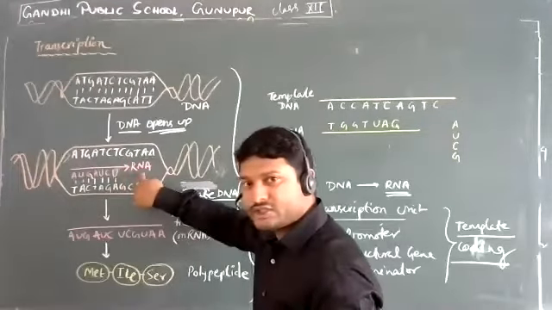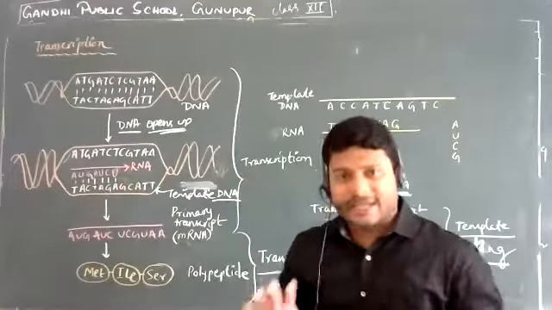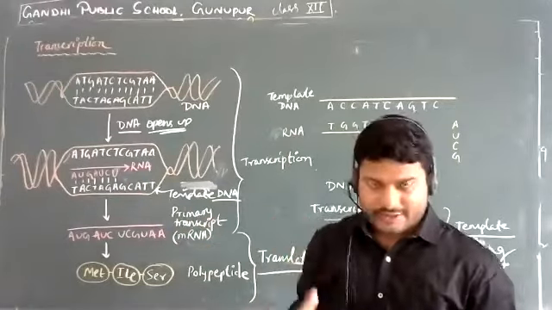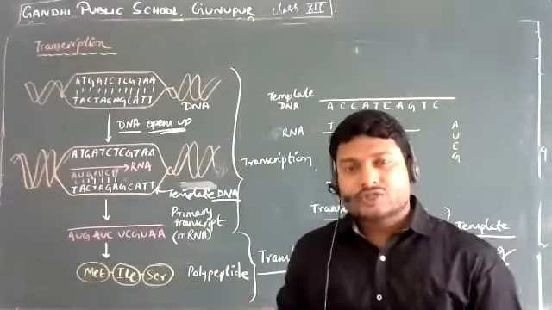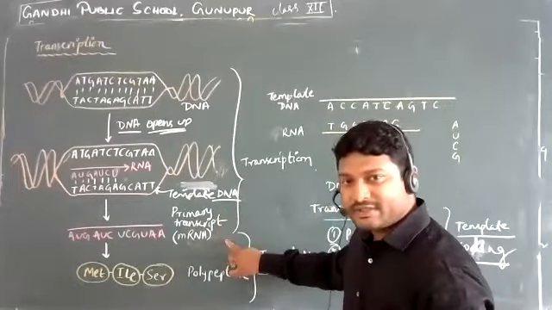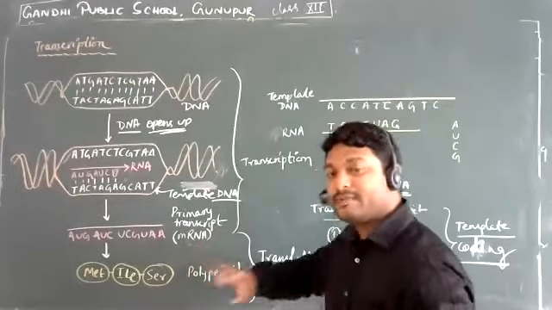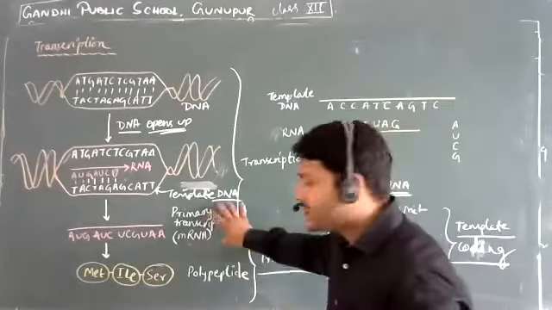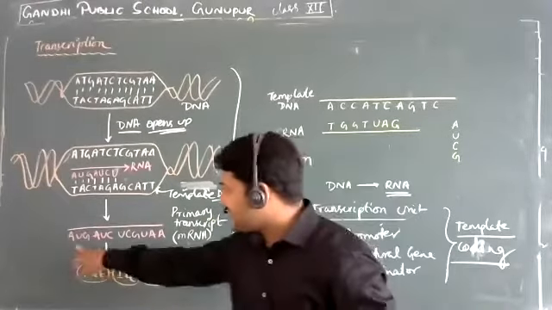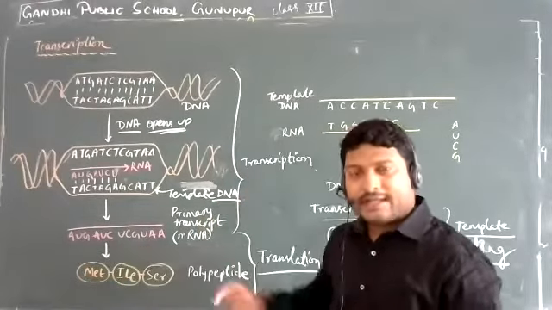And the complementary sequence which is formed from this template DNA is not exactly an RNA. Instead, it is called a transcript. We are transcribing something, so it is called a transcript. What is the transcript? Primary transcript. That is simply the mRNA, we can call it. But again, I would say this will undergo processing. Now, this primary transcript has a particular sequence. Now, why is it important?